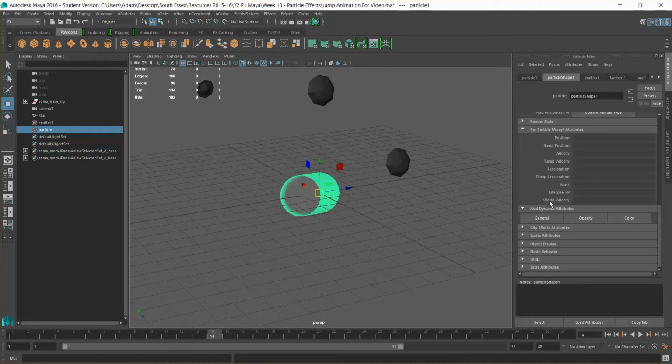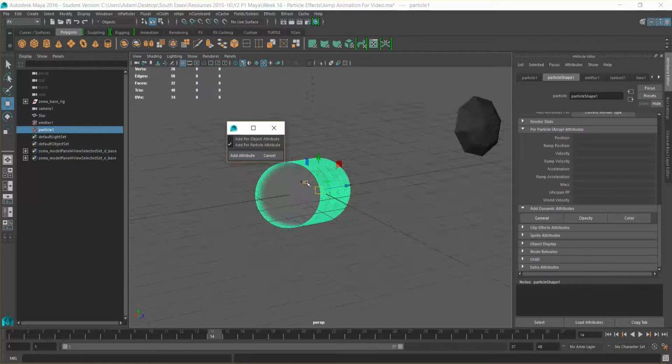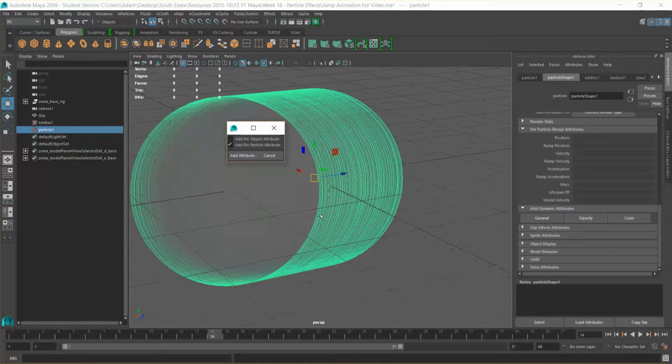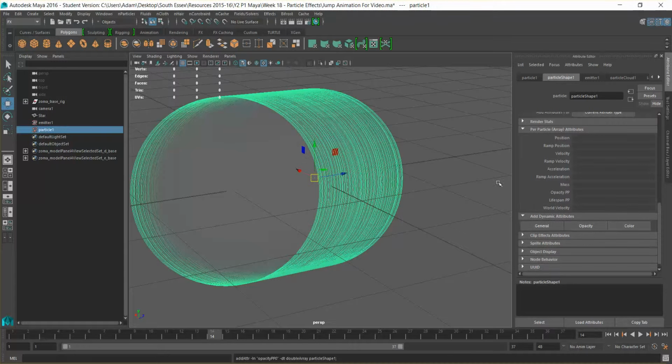add an opacity attribute, and we want to apply this to per particle. So each one of these has its own basically blend system, its own map attached to it, which we're going to talk through in a second. So I'm going to click add attribute, and then I'm going to right click, and we're going to go to create ramp. Okay,